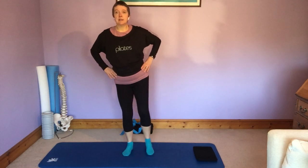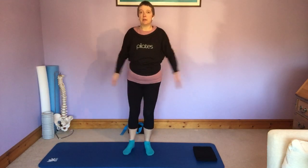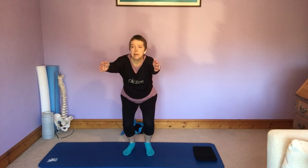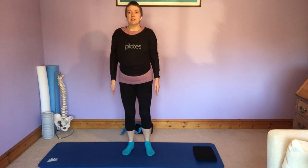know what we're doing, a little squat, up, abduct, squat, up, abduct. Let's add some arms. So we squat, up, abduct, squat. Adding arms to an exercise always increases the work rate through the body. So